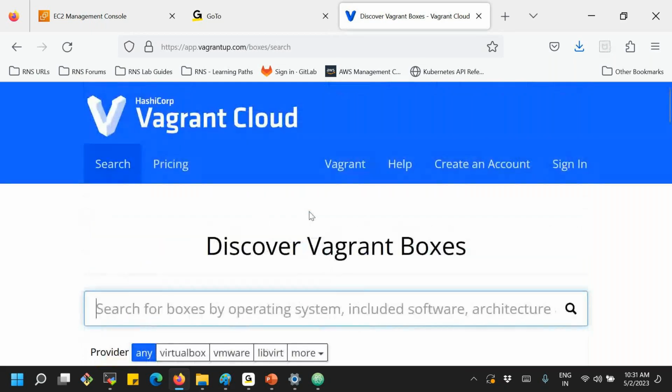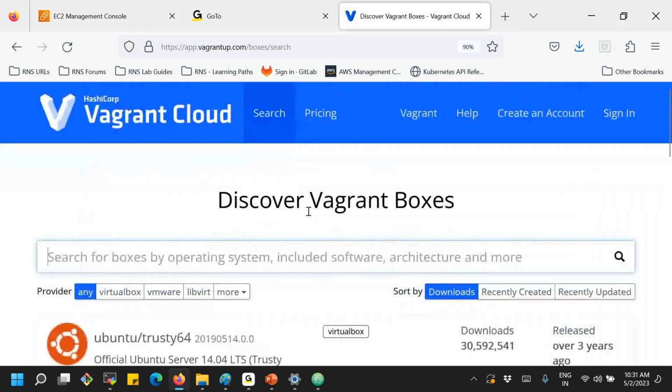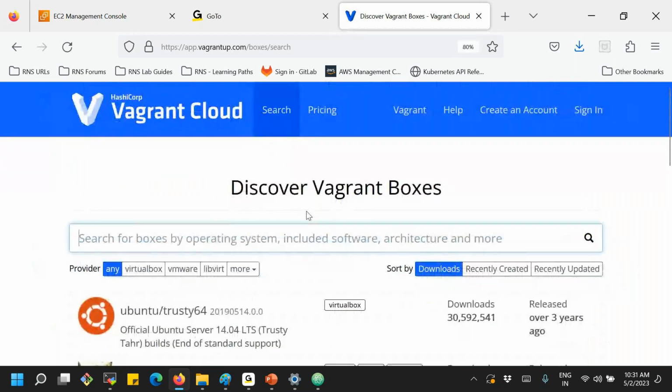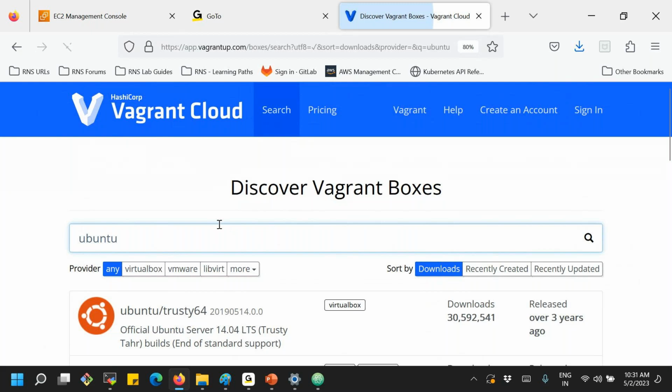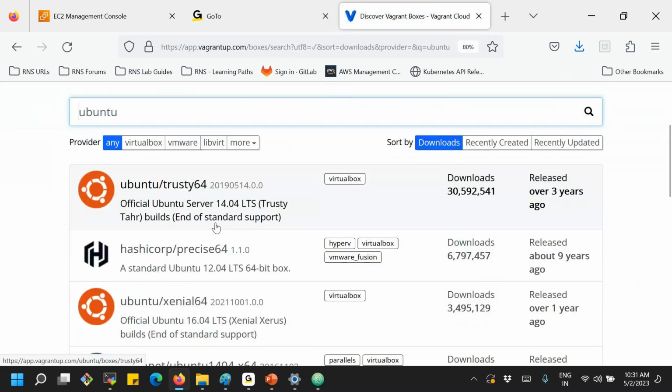But how do I get those ISO images? Suppose you are planning to launch an Ubuntu-based virtual machine, then just type Ubuntu here. If you search for it, yes, Ubuntu again has different versions. Ubuntu Trusty 64 is one of the images we can see, or another image like Precise 64.